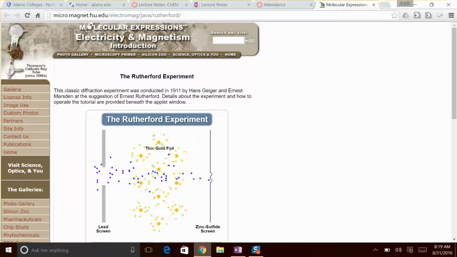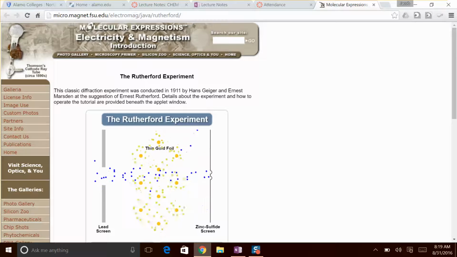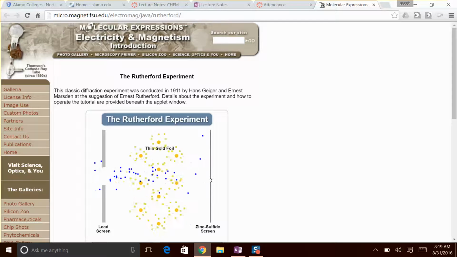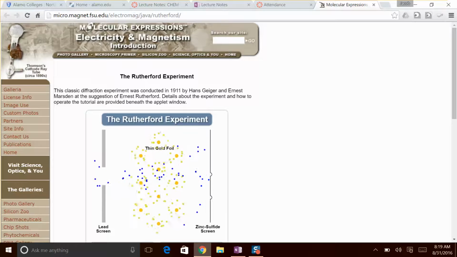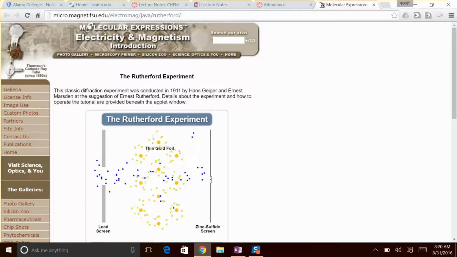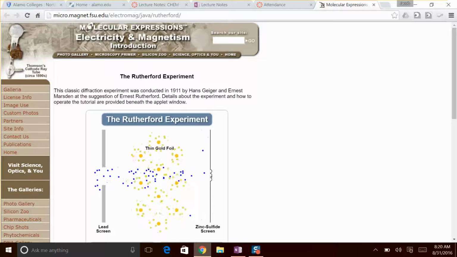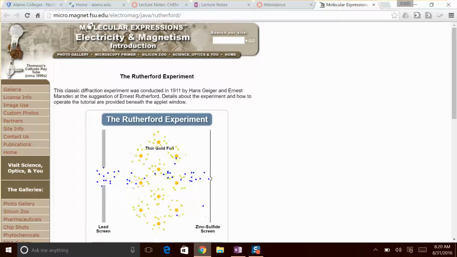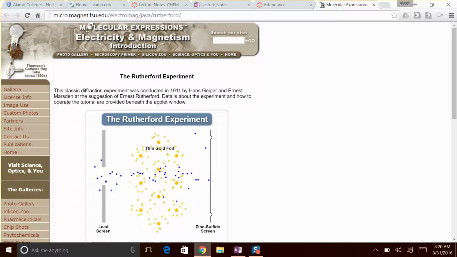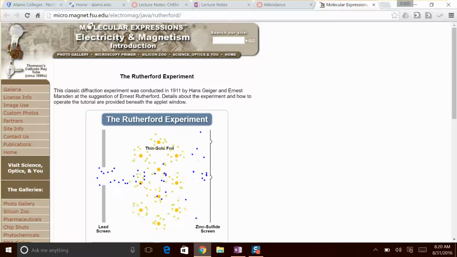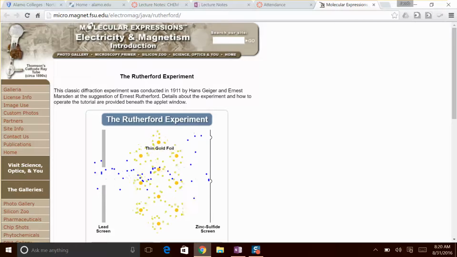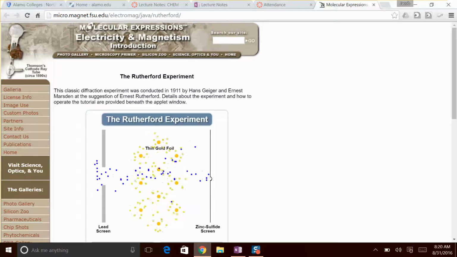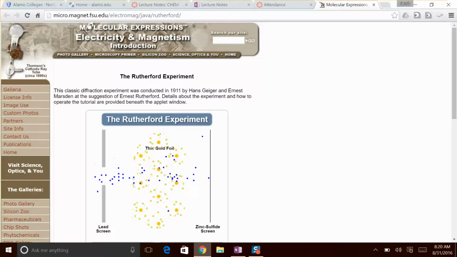But what happens when you get a nucleus close to the nucleus of one of the gold atoms? It deflects it, right? It deflects it, or if it hits it right on, it kind of pushes it back. Okay, so you get some going right back, some getting deflected off to the side here, because positive and positive charges are going to repel each other. And so now they're trying to understand this, and from this data,